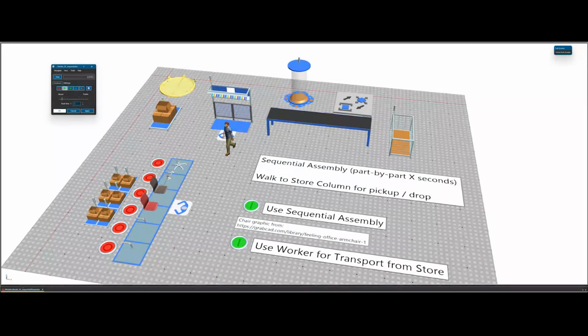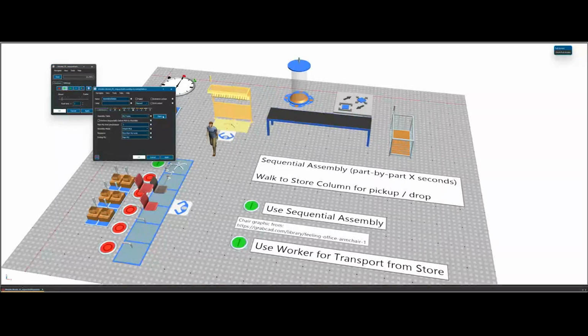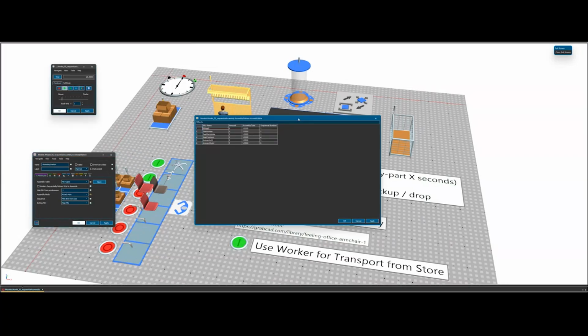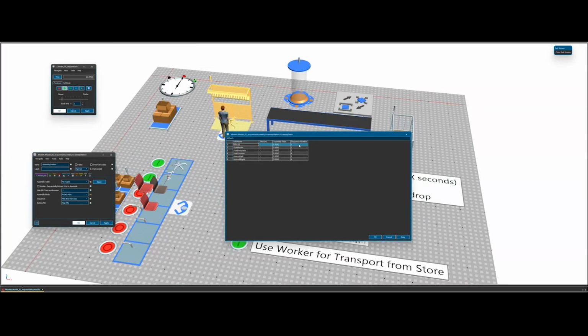For the assembly station, you can now use sequential assembly, which means that you can now define in the assembly table, for each line, what part you need, how many units of the part you need, and now, this is new, for each of these lines you can define their assembly time and then also a sequence number.